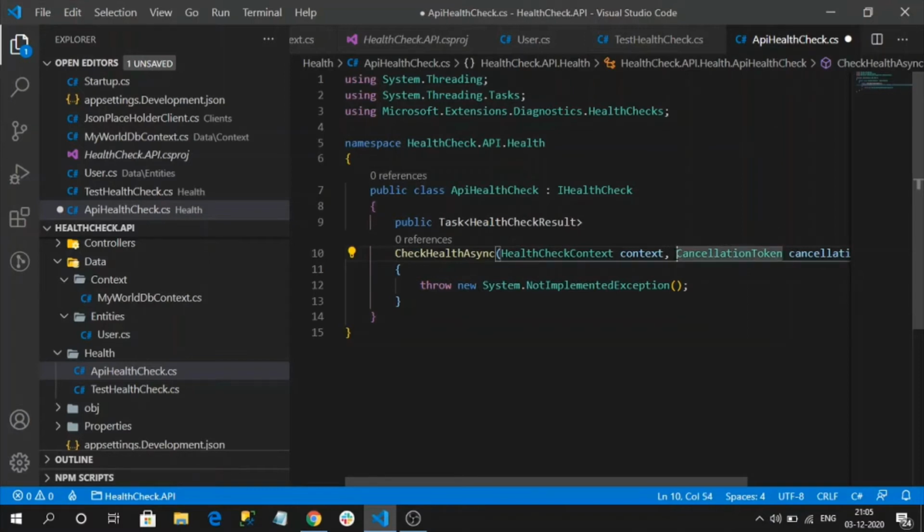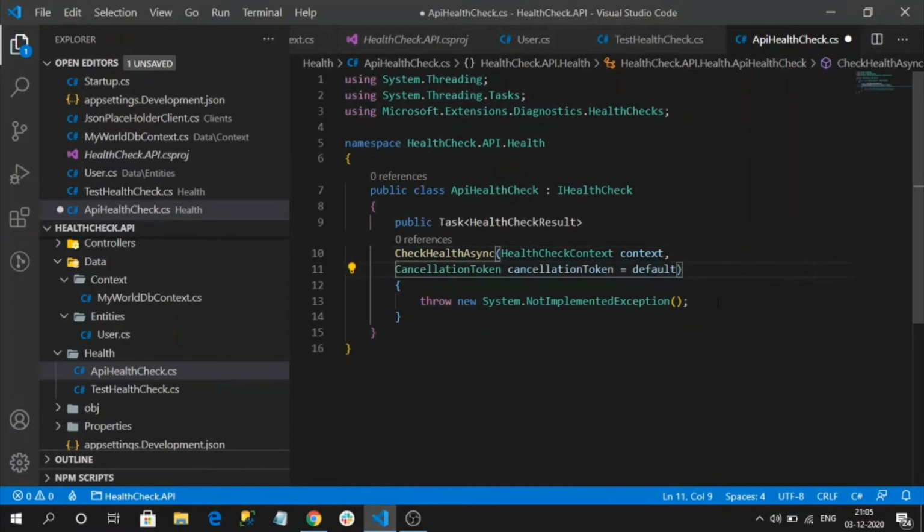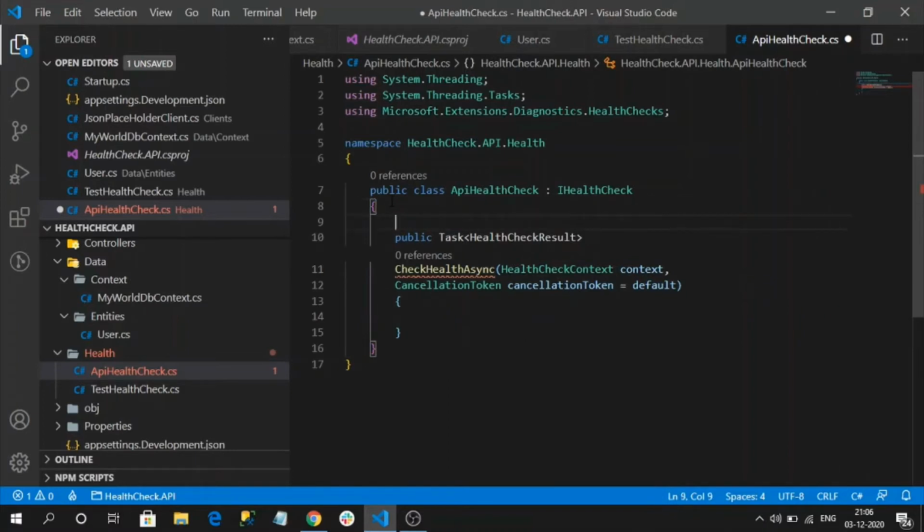So since I am going to check the time taken by the external API, let's inject that external API into my health check class.